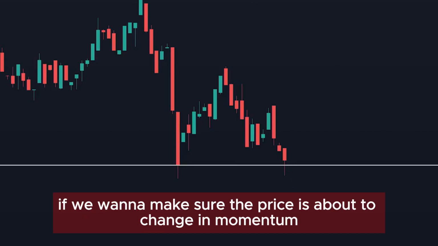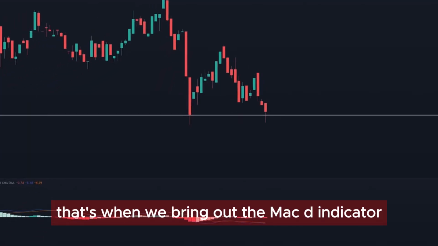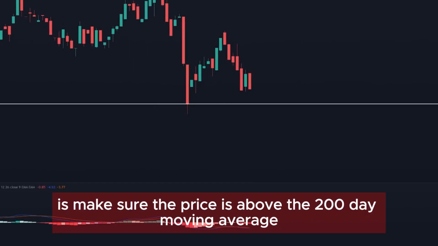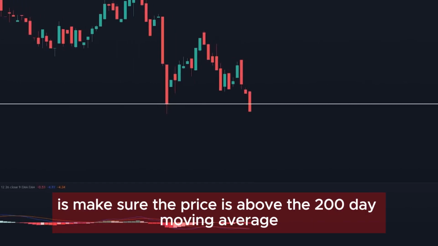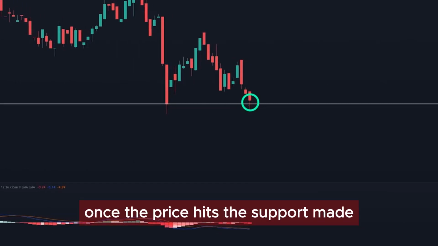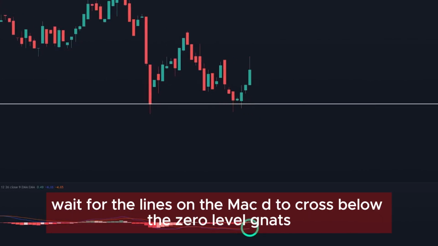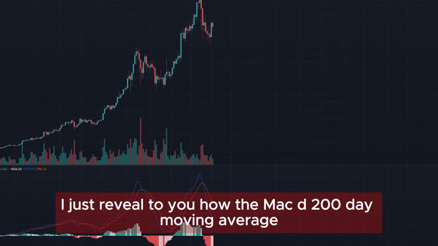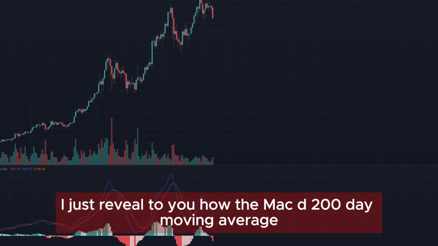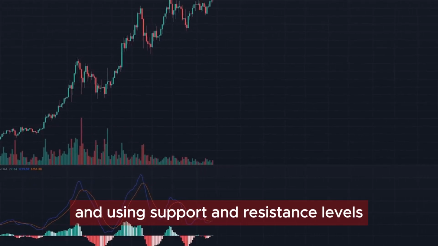If we want to make sure the price is about to change in momentum, that's when we bring out the MACD indicator. So what you would do is make sure the price is above the 200-day moving average. Once the price hits the support made, wait for the lines on the MACD to cross below the zero level, and that's when you enter the trade. I just revealed to you how the MACD, 200-day moving average, and using support and resistance levels